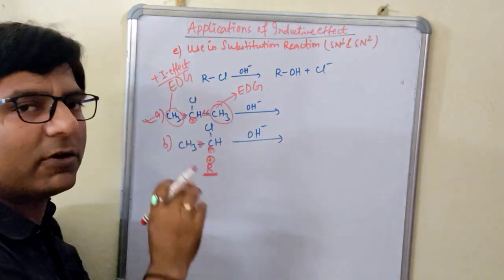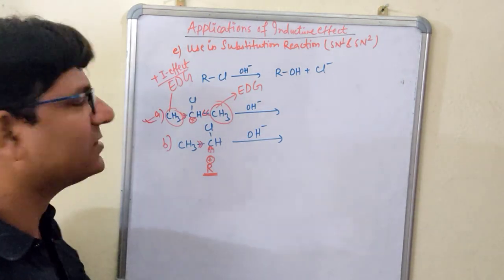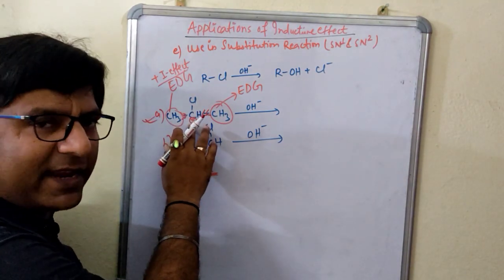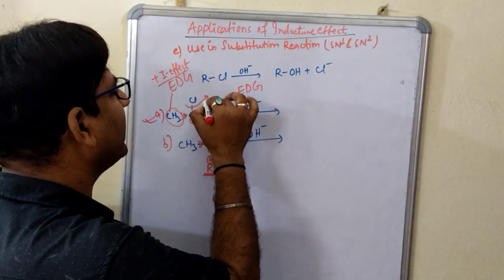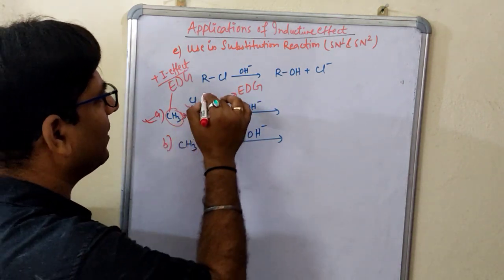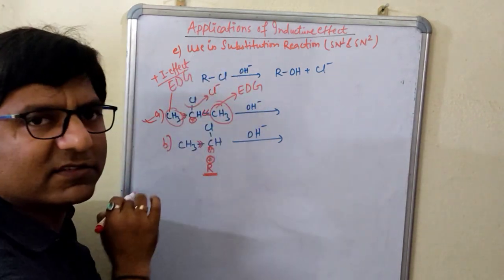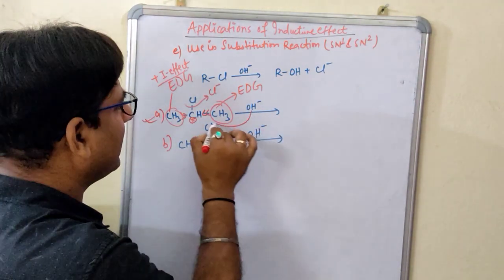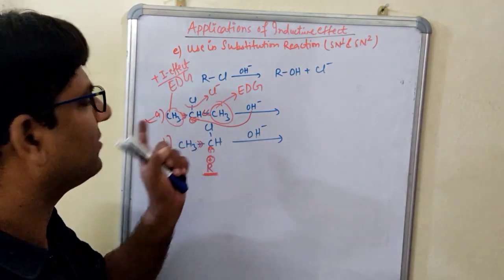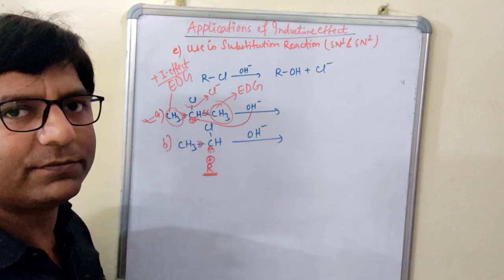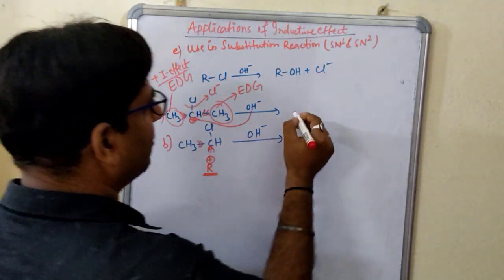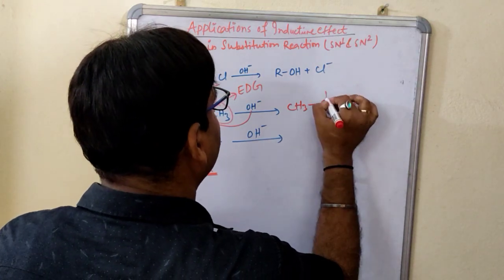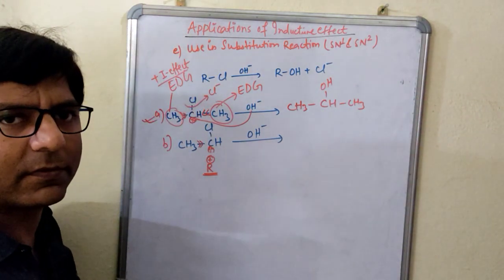Because on both sides electron donating groups are there, and they are donating the electrons to make it neutral. And as soon as this positive charge has been stabilized, this Cl will move out by itself. It will detach from this carbon atom and move out in the form of Cl minus. And it will give the chance for OH minus to attack here. It will take the place of this chlorine. Clear? Means the product will be what? The product will be CH3, CH, CH3, and here we will have the OH.